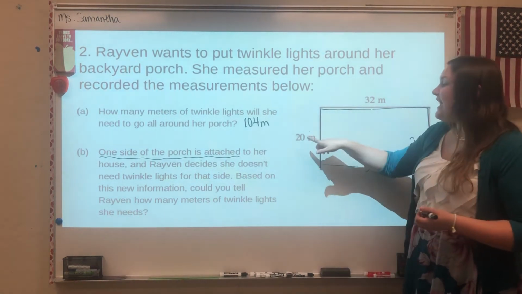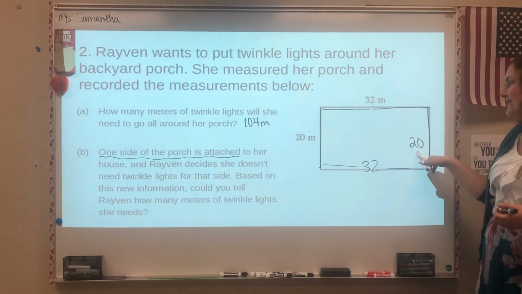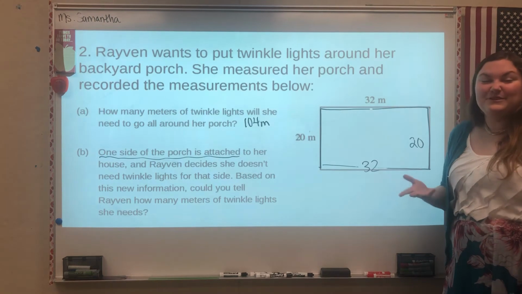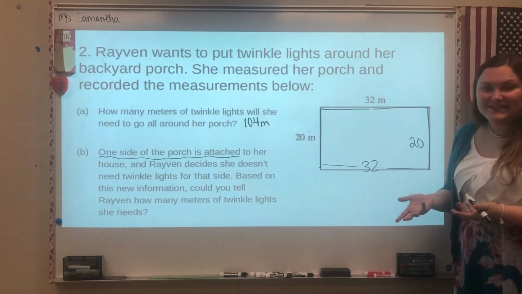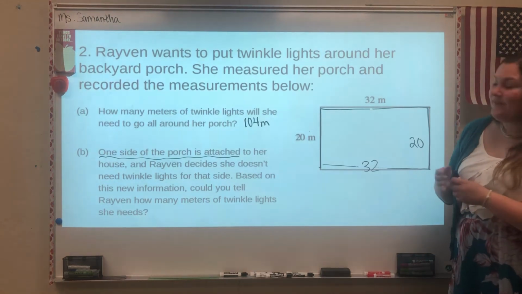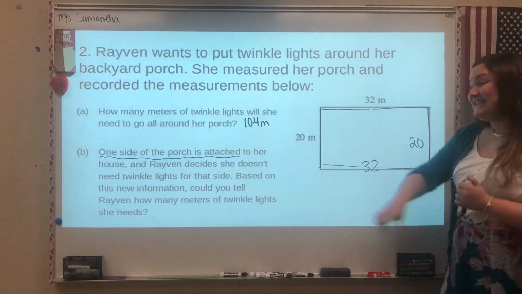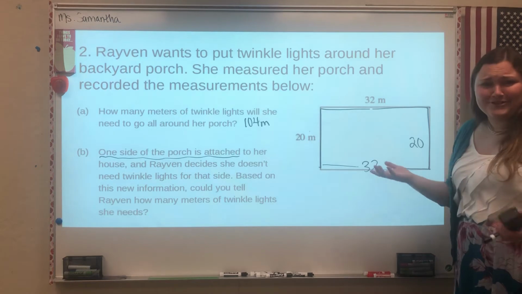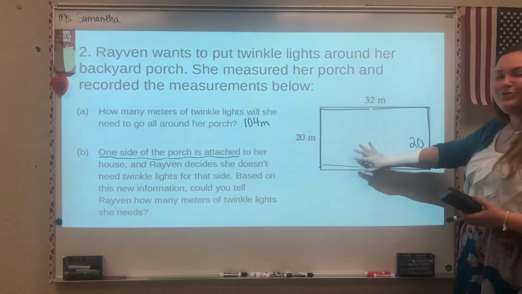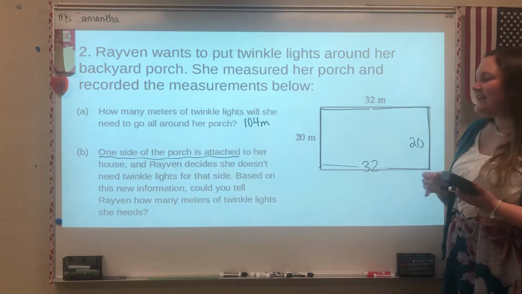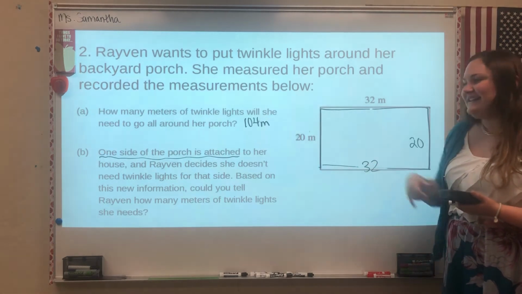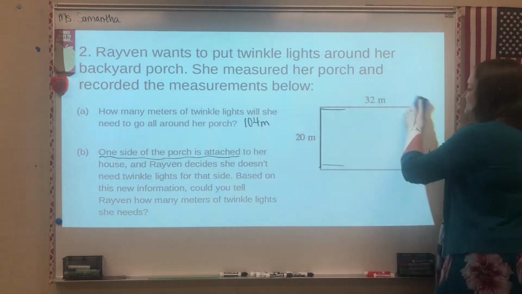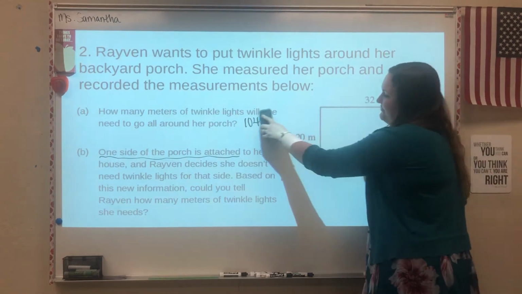So if you were to add 20 and 32 and 20 together, which would be 72, 72 isn't correct because we don't have an actual number to tell her. We just have a strategy. Hopefully that makes sense. Like I said, this was a really big missed question on the homework, and I understand, right? You know the strategy, so you want to do the math, but if we don't know which side it is, we can't actually do the math. Hopefully this helps. I'm going to move on to the next question,